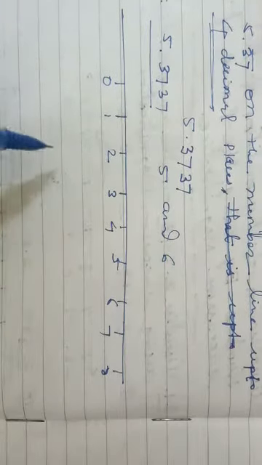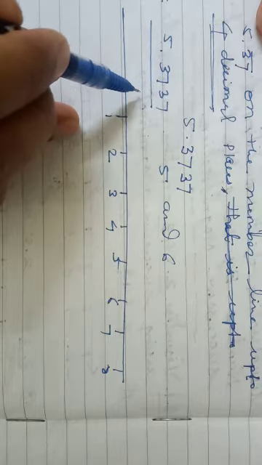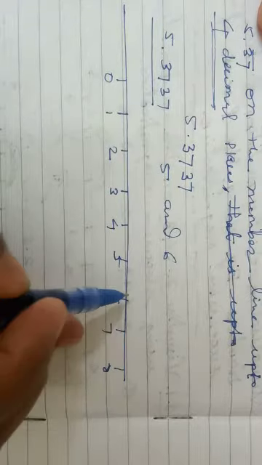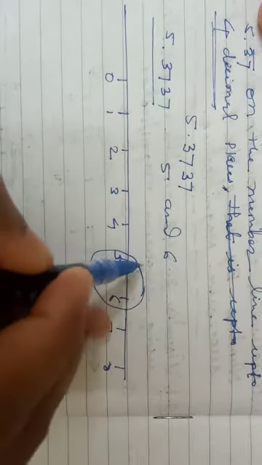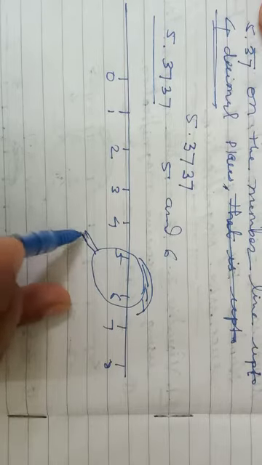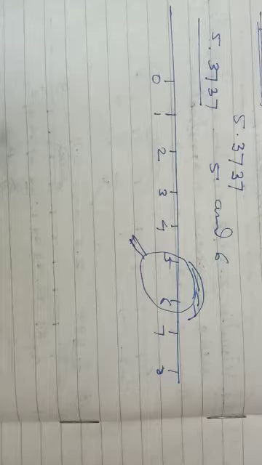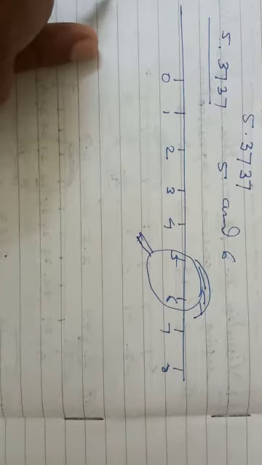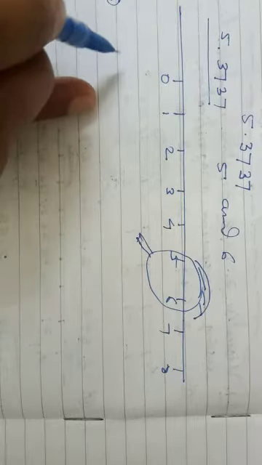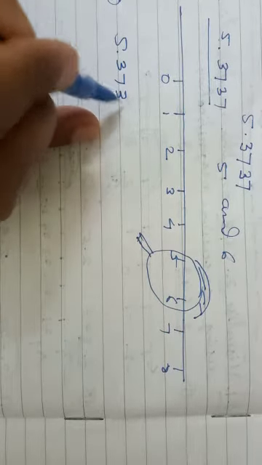In the number line, this number comes or lies between the 5 and 6. This is 5 and 6. You can use magnifying glass. Okay, 5 and 6. Now in our second step, we should represent 5.3737